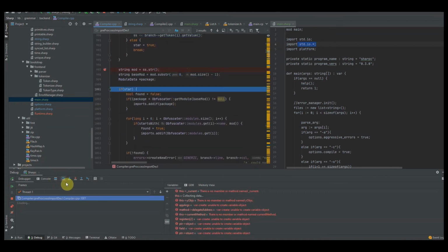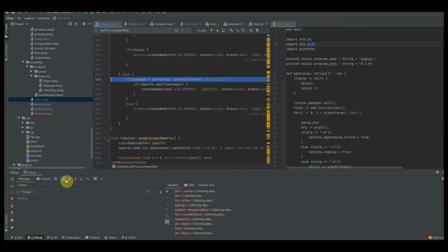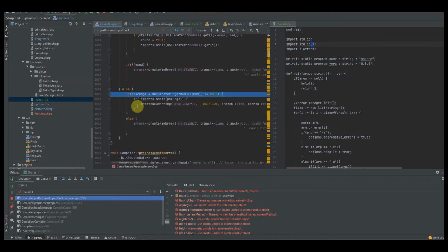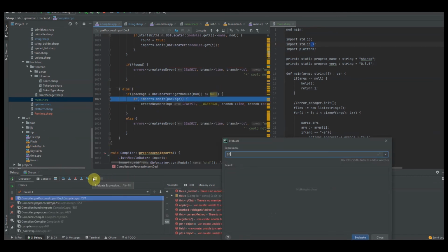Now we're going to look at the base module, and the base module is going to be std.i. It doesn't have a dot in this one, or it doesn't have the star, so we're not going to use this one. So it doesn't apply here. As you can see, I jumped over the star check, and we basically are just going to access this package. Now package, if I do a check for that, package is now equal to std.io,